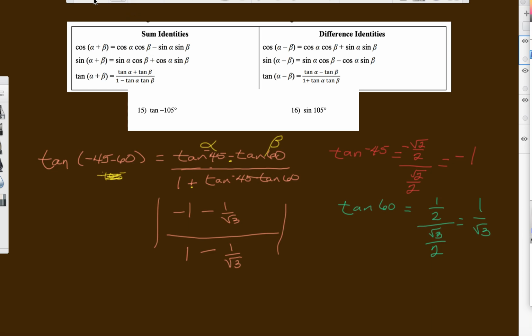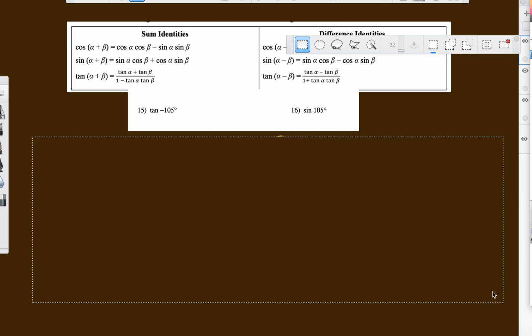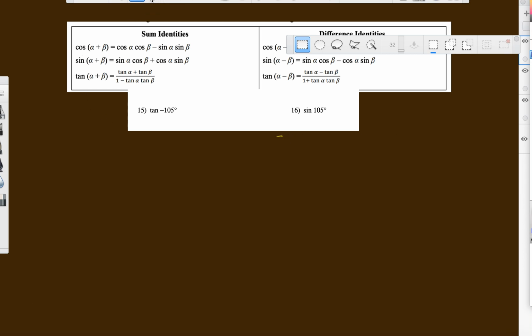Okay, so let's do the sine of 105. Let me get rid of all of this. And I'm going to leave that little piece there just because anyone who might be a little OCD will get a little upset about that. Just kidding. All right, if I'm going to look for the sine of 105, let's go ahead and use a sum. Let's do sine, and we'll keep using 60 and 45. We'll use 60 plus 45,